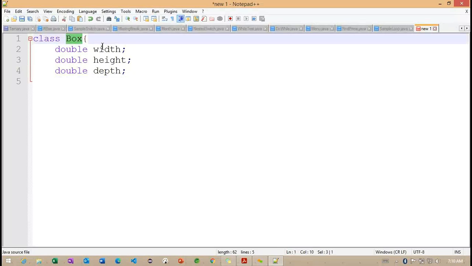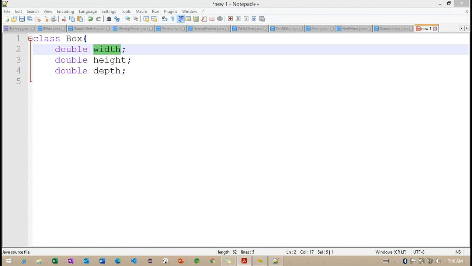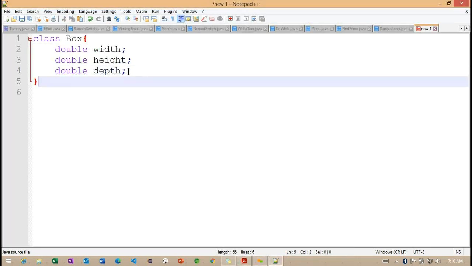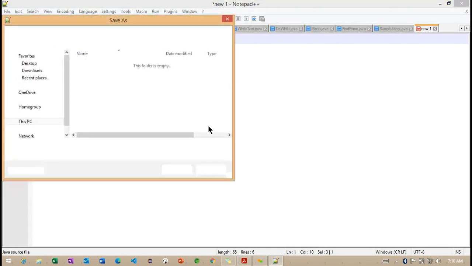The name of the class is Box, and after creating this class, we connected our variables width, height and depth. Whenever we create this class, we'll close this class brace. Now I want to save this class.